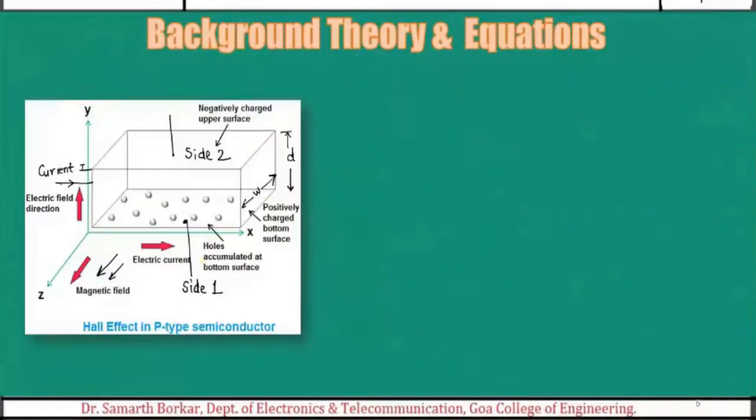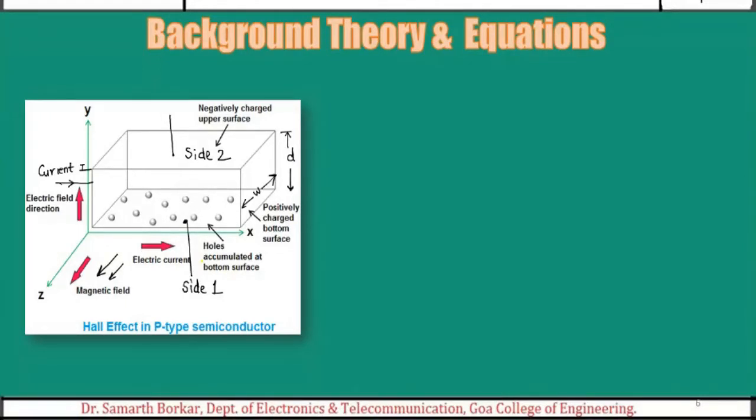Next topic is the Hall effect. Now, why do we have this Hall effect? First of all, let us look at the different applications where it's seen. If I'm given a specimen or a semiconductor material, and I'm asked to find out whether it's P type or N type, or I'm told to find out the concentration, meaning the number of electrons or number of holes, or the electrical characteristics such as conductivity, resistivity, and so on, all these things we can find using the Hall effect.